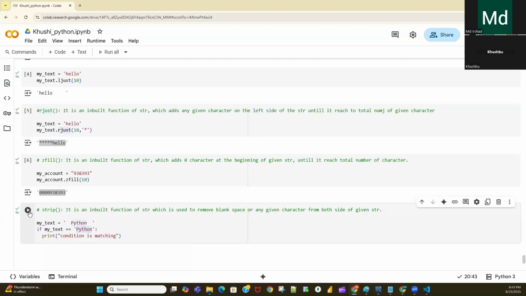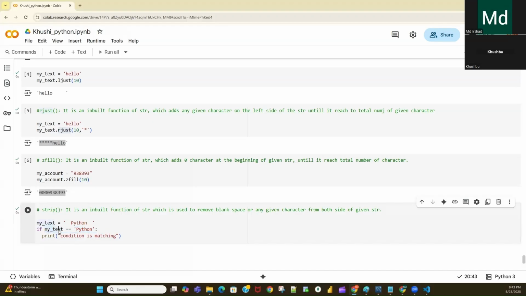Now when you execute this code, it is not executing. Why? Because this condition is not matching. Here also it is python, here also it's python. You are thinking that this column from the source contains python, that python I'm storing here, it should match this one. If it is matching, this should execute, right? But if I execute this, it is not executing, that means this condition is false. So there is some issue in the data.